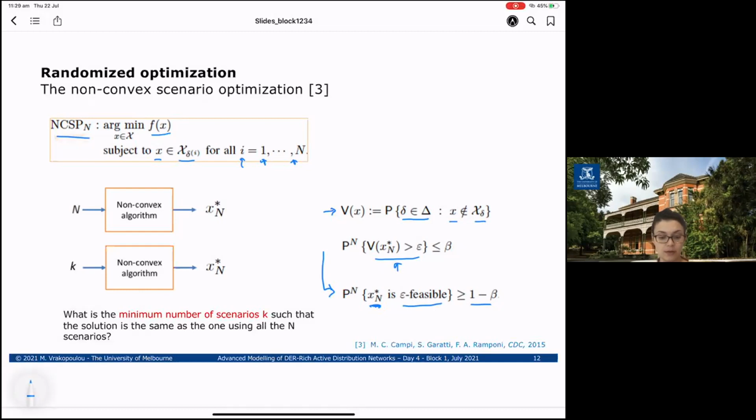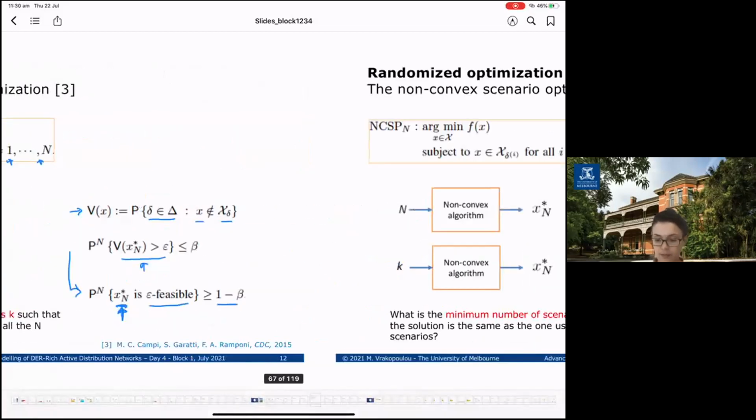So they end up showing a proof that if you can end up with this result and achieve this kind of guarantee, if you have an algorithm over here, the algorithm needs to describe your initial problem as well, right? But it can be manipulated so that you can extract the solution of your initial problem and do some other things as well. So if you define your algorithm so as to get n number of scenarios, you run the algorithm and you get the solution xn star, and then you are able to use k, a very small number of scenarios, and also end up with the same exact solution,